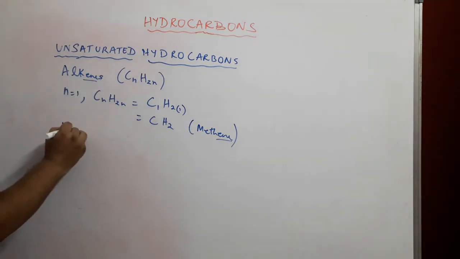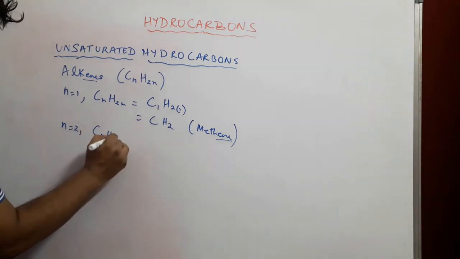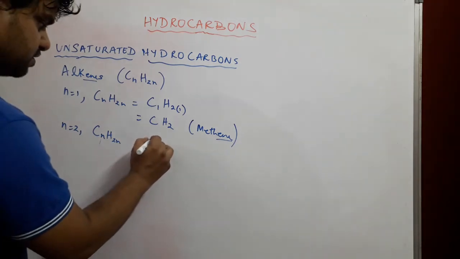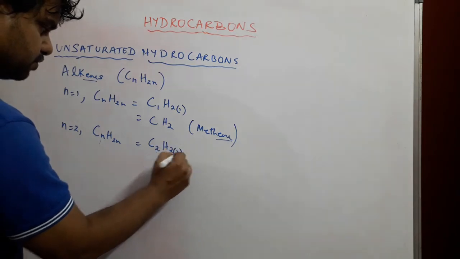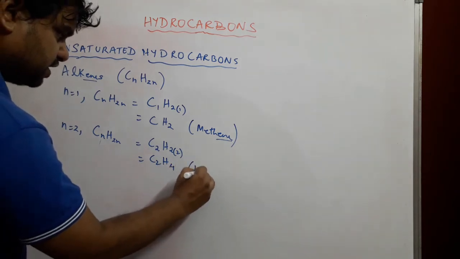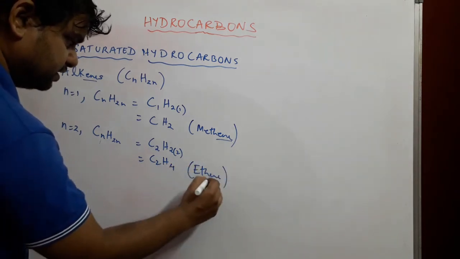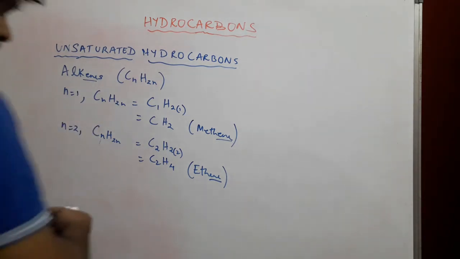And if you take n equal to 2, then it will be C2, and I'll apply this formula CnH2n. So wherever there is n there will be 2. So C2, 2 into 2 is 4, C2H4, and this is known as ethene. Once again have a look, the suffix is ene. And if we go to structurally draw this, we'll look at ethene over here.